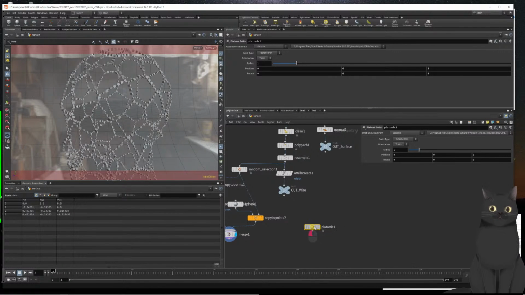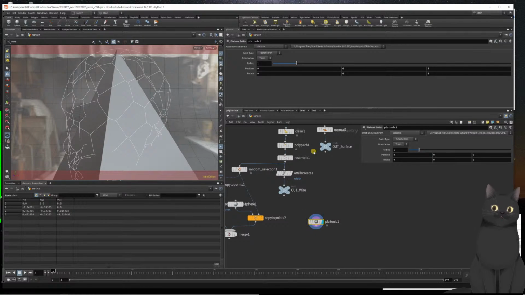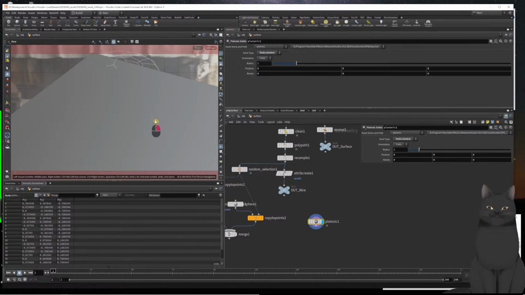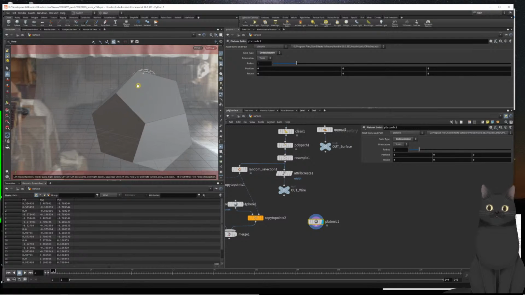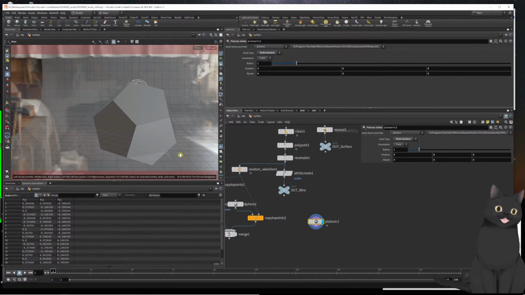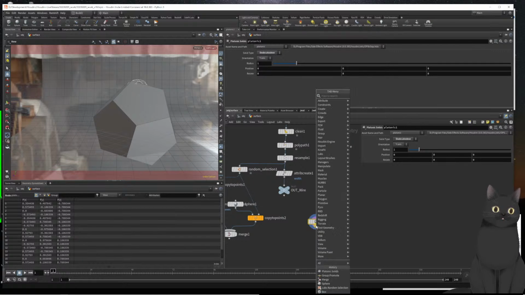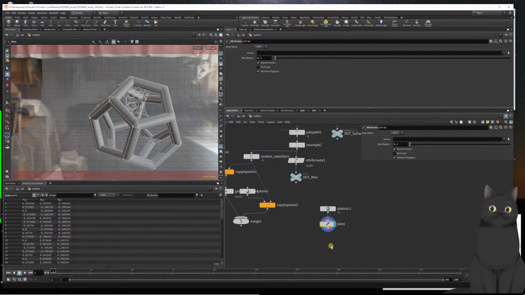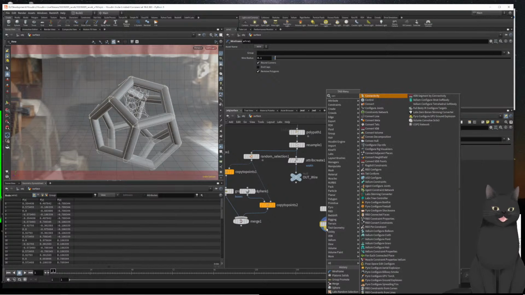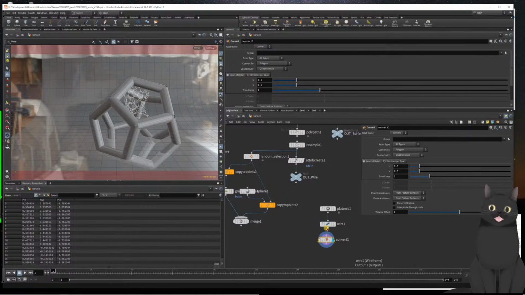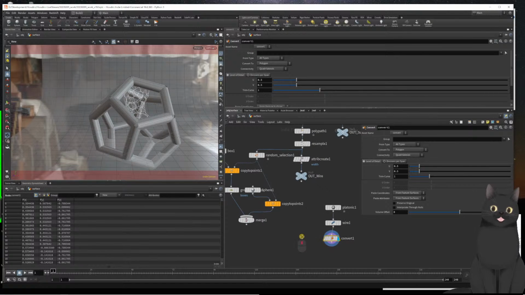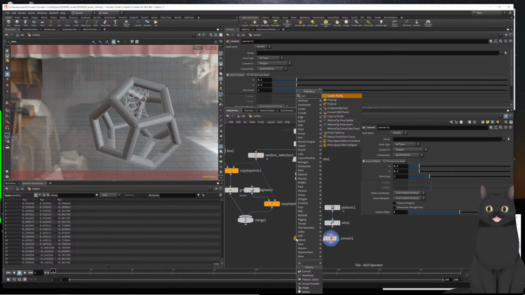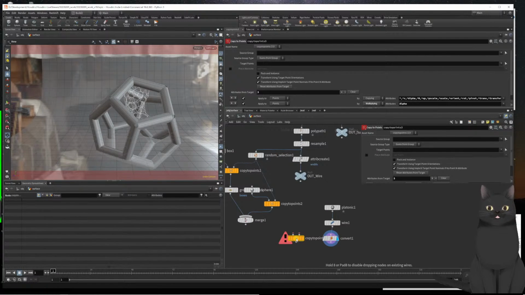So this platonic solid here, turning it into a wireframe using the wireframe node, which I'll then convert to polygons using the convert node,